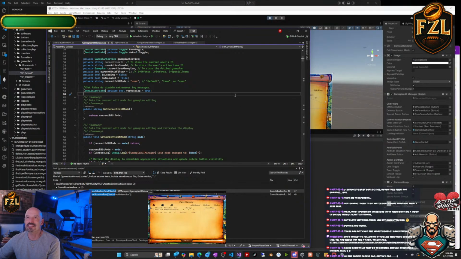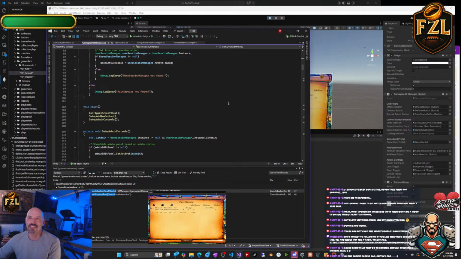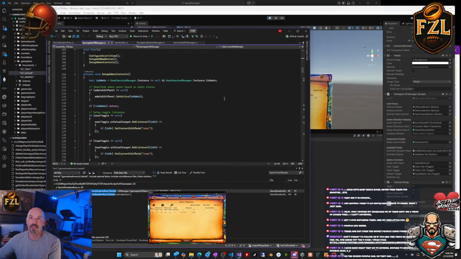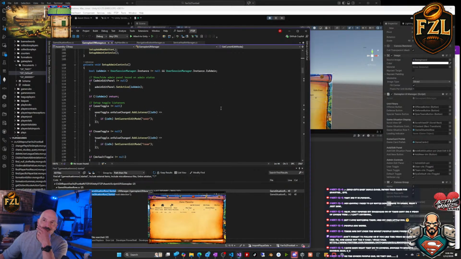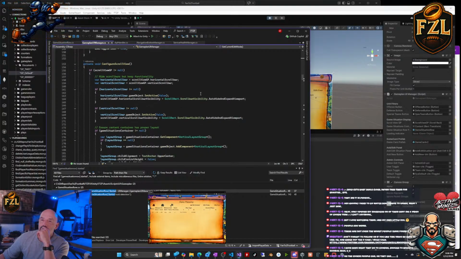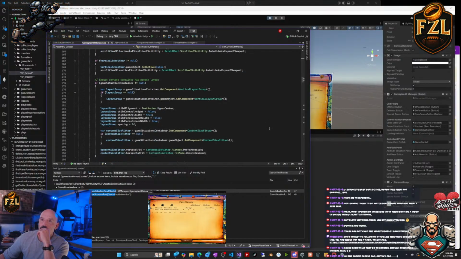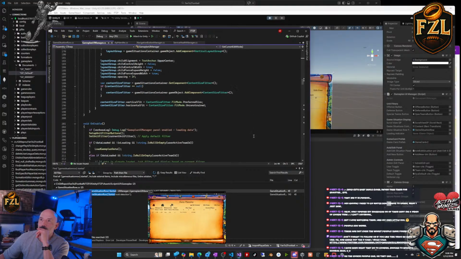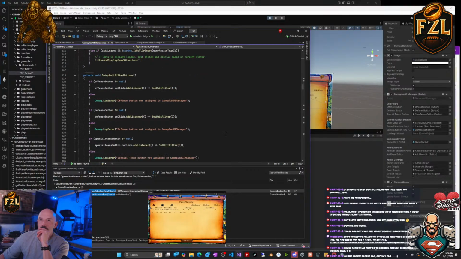Gosh dang it. Why isn't this set in the... Where is it setting that out? Of course, now the situation has to be set. So it's got to be configure the situation. So when we load it, configure scroll view. So hide scroll view key function, ensure content, layout, child alignment, game situation container get component. On enable, set up unit filter,